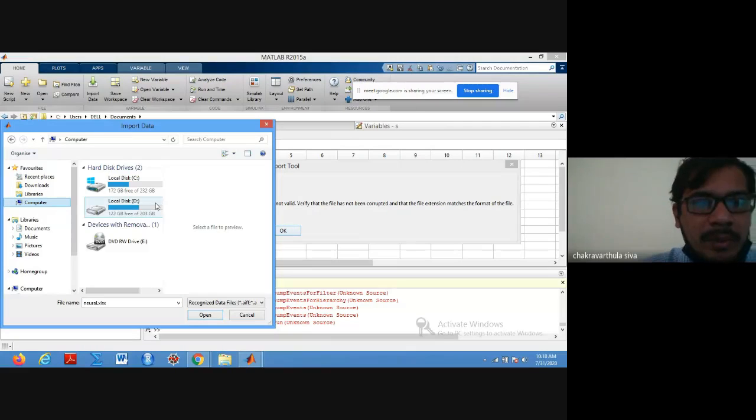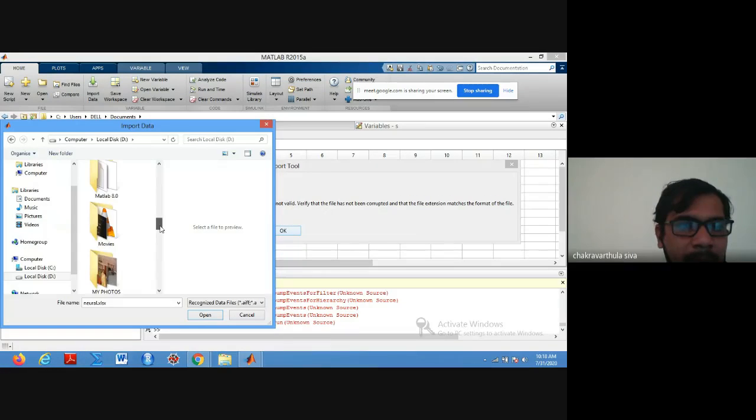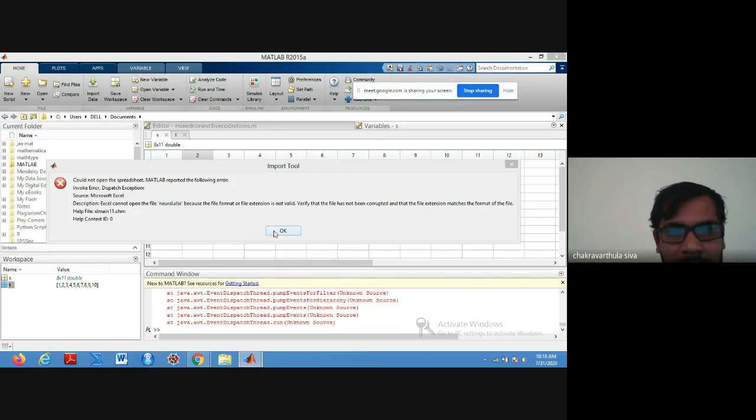Program files D. Just select the kind of data that is going to be processed. Workshop this. Some data here, we have it. It's a problem.